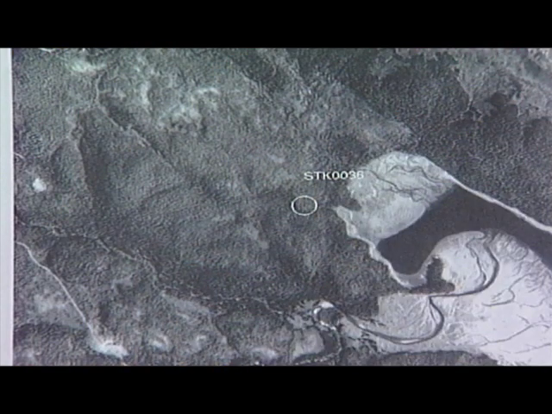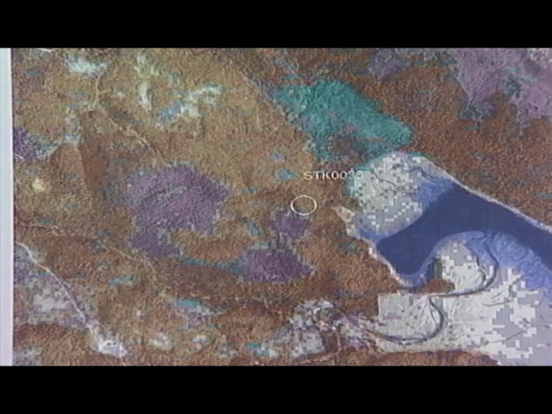And one of the complaints of local area managers has been that the satellite imagery is very, very difficult to use. They can't see things that they're used to seeing. So what we've done is fused the satellite imagery with the orthophotography and produced an image that gives both the classification data and the textural information from the ortho photograph. This can be done in an office off of a simple desktop computer printed to a color plotter.